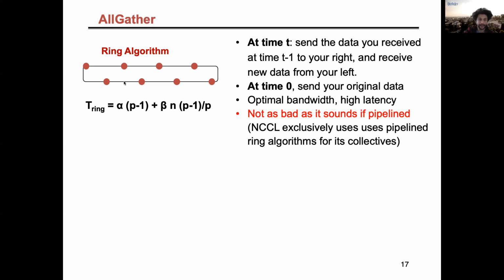In all gather, I don't have this issue. But even in broadcast, the ring algorithm is not catastrophic due to pipelining. Instead of just using one link at a time, I would divide my data into 100 pieces and send the first piece to my neighbor. And in the second stage, my neighbor sends that data that I just sent to his neighbor while I do the second of my 100 pieces. And as you can see, after p minus 1 steps, the whole pipeline is full and I am at full utilization of all the links. Of course, there is the initial problem of filling the pipeline, but that's also in practice not a real problem in